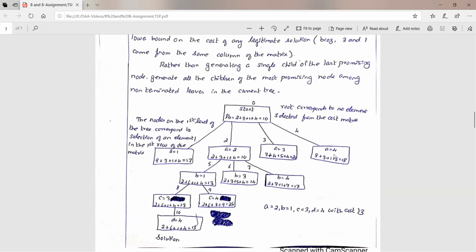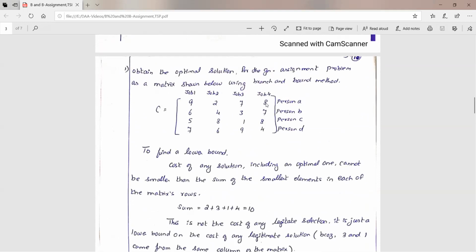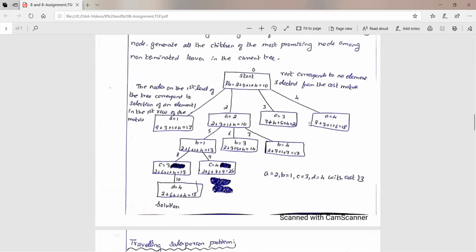So at the same time, when it's taking A is equal to 4, that means 8 is fixed. So 8 plus 3 plus 1. So we can't consider this 4 because already we have taken 8 here. So 8 plus 3 plus 1 plus 6. So here that is 8 plus 3 plus 1 plus 6, that is 18 we are having. So now we are having the values 17, 10, 20 and then 18. So out of these values, we have to consider which value will be the lower value. So the lower value will be 10.